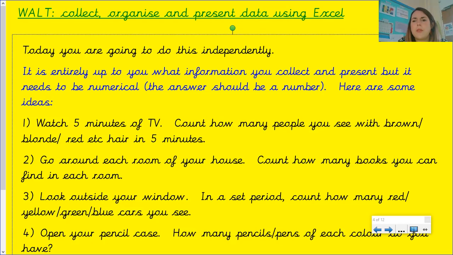Okay. Some of you may not have Excel. If you don't have Excel, that's fine. Don't worry, you won't be able to do this task. However,